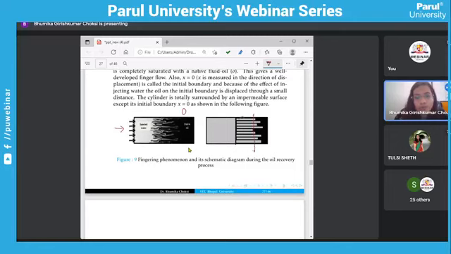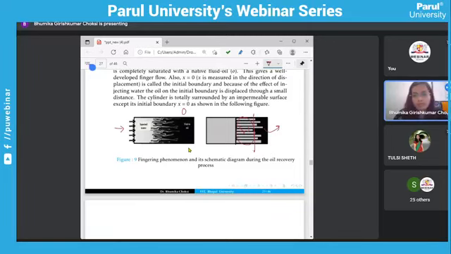So our main goal is to find this value, the saturation of water. If your saturation of water is higher, you can see that more water has entered. That means water has entered into more of the oil region, so more oil can be recovered from the production well. So this is the simple criterion we are using in